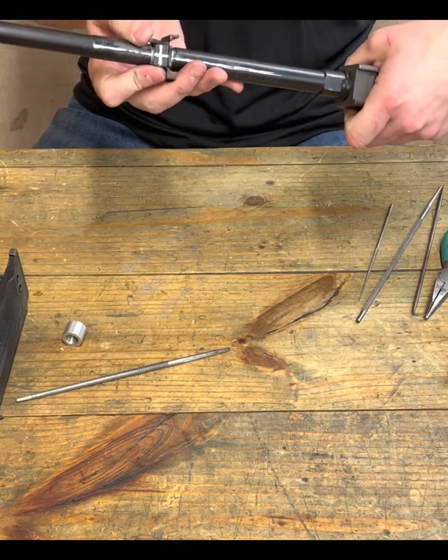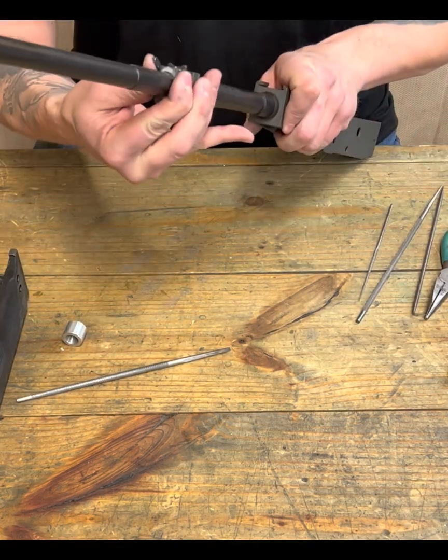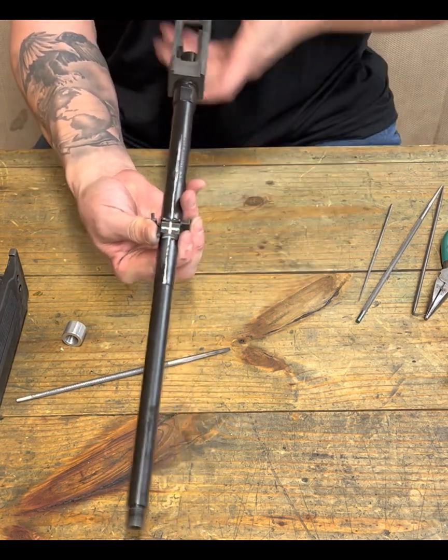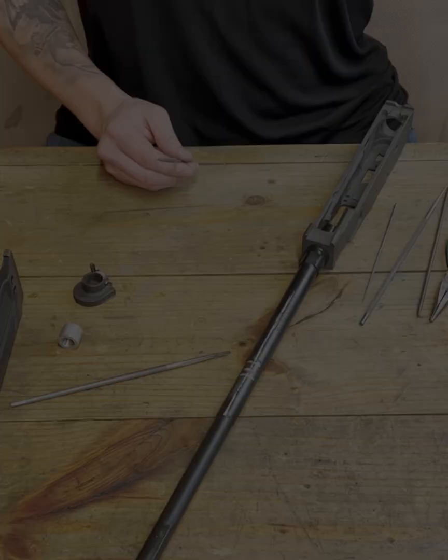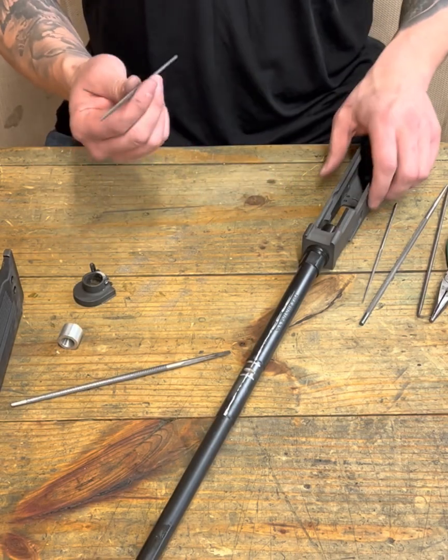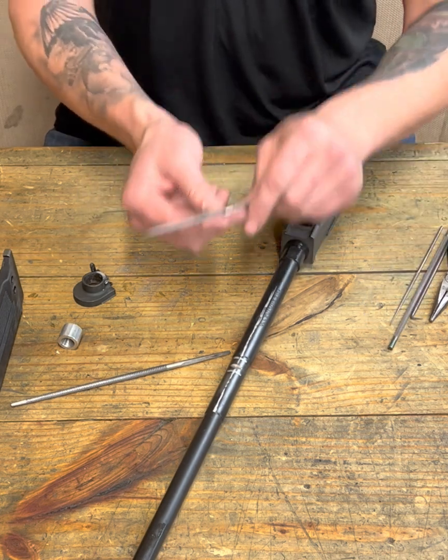Okay, you see our lever's starting to throw a little bit more. I have corrected in that we're nice and straight now. Our center line is good. So I'm happy with that. Okay, so another one of the tools that I like to use that comes in really handy to this is